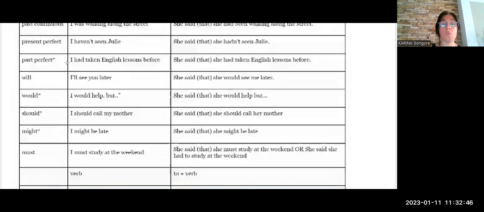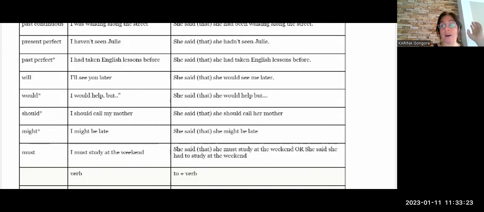There you go. With all the modal verbs, it is very probable that you actually use the same modal verb. So here they are marked with an asterisk, right? Would, should, and might, they stay the same. And must, we can have must, or we can have had to in the past, right? Up to here, I think everything is okay. Yes, you can use it. With most of the sentences, these are all statements. You can just go back and that's it.